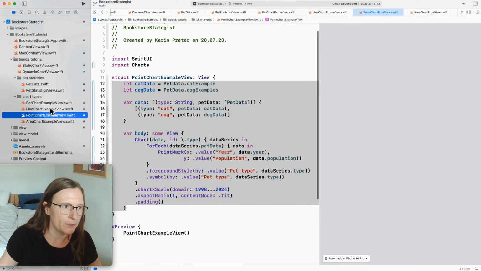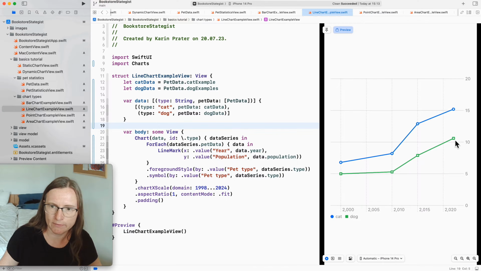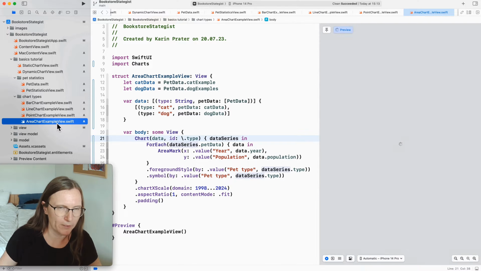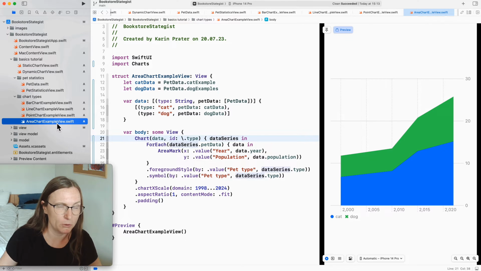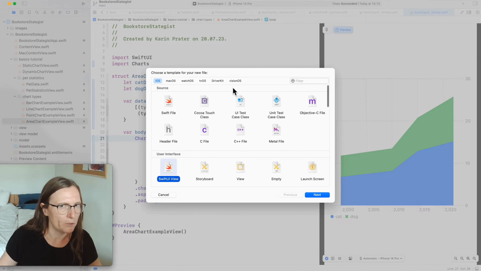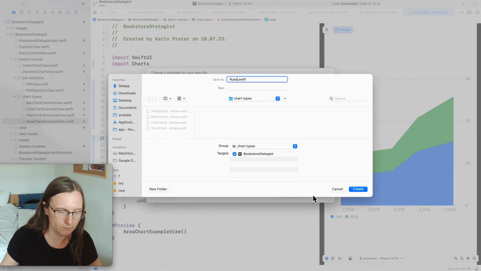Whereas here for this point or line marks, I can really see how each individual pet type evolved over time, changed over time. Okay, I don't think area marks are the most user-friendly in understanding, so maybe don't use them too much. Then the next example would be the rule